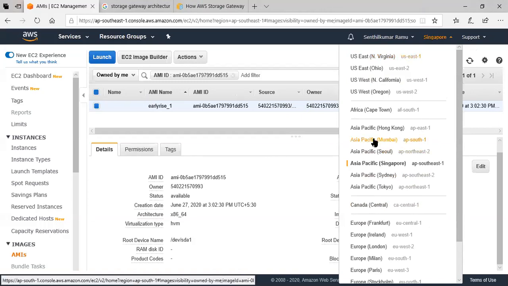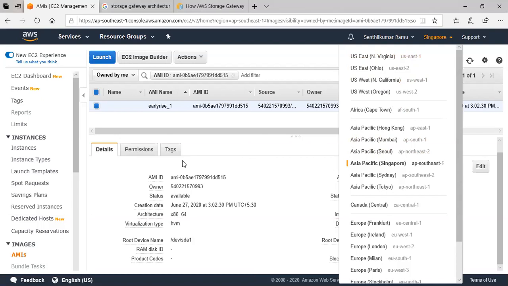From Mumbai, Asia Pacific, I moved it to Singapore because I was worried about the latency with the US. But it doesn't matter. From Mumbai, you can put it in North Virginia, and from North Virginia, you can put it in India. So technically, this is a production site, and then this becomes a DR site for you. In a way, you create a backup, and in a way, you also create a cold DR. In the event of services being unavailable in one region, we can bring up those services in a different region.